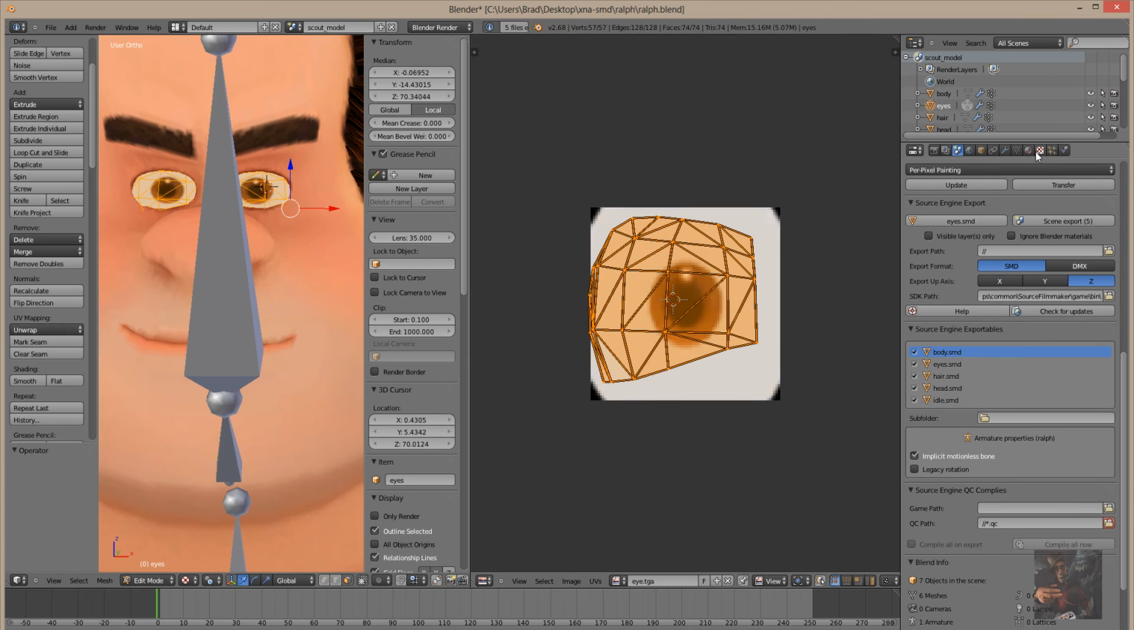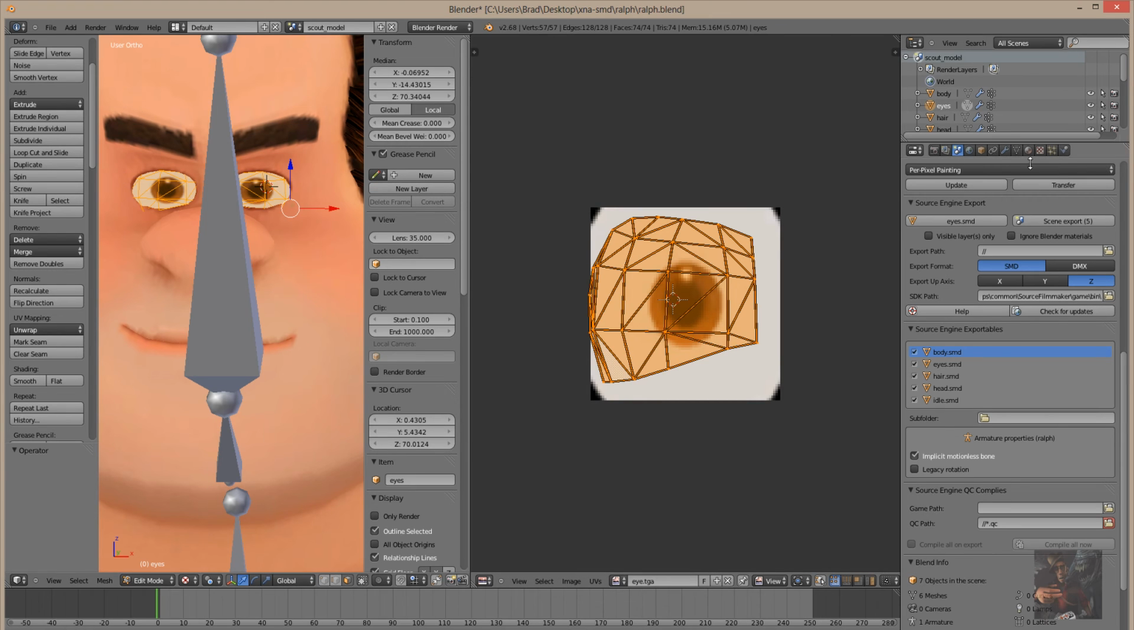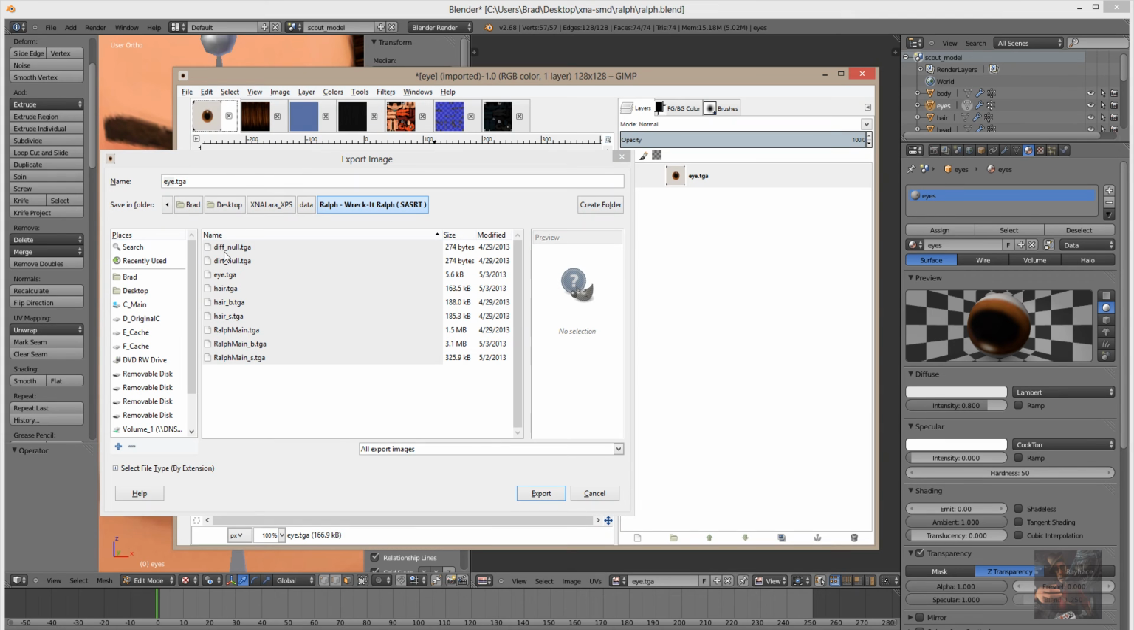Now, it's important that we know what we named the materials for each of the parts of the body, because that's what we have to call these things when we convert them. So the eyes, we come back over here to the materials tab, and we called that eyes. So when we save this,